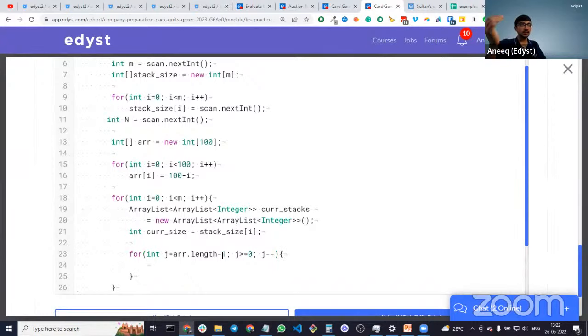I'm at the last one and I'm going all the way up until the 0th element, right? I'm going there and I'm going to put them into different stacks. I want to put them into the different stacks. Now my issue here is,